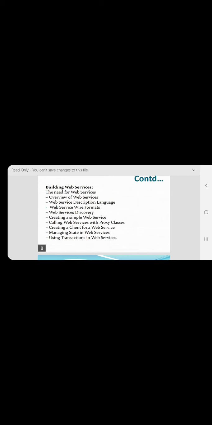Next, web service wire formats. What are the protocols used in the web service? Those come under web service wire formats. Next, web service discovery. After that, a simple exercise to create a simple web service.